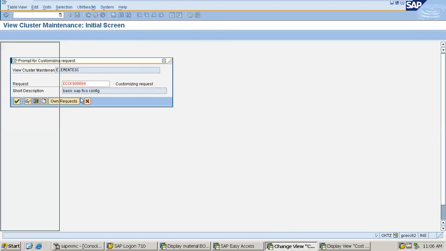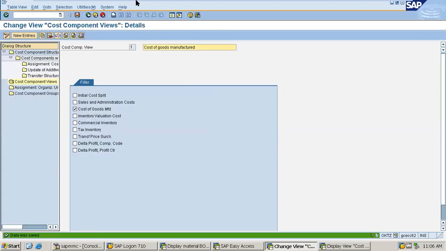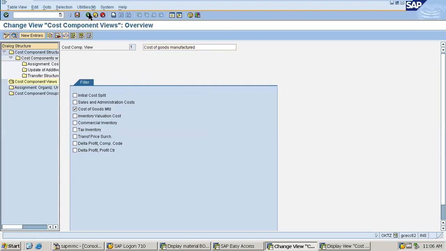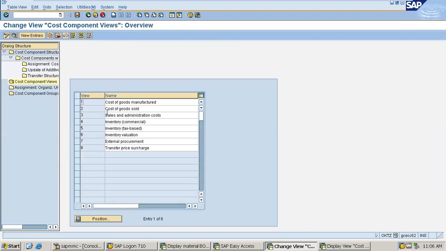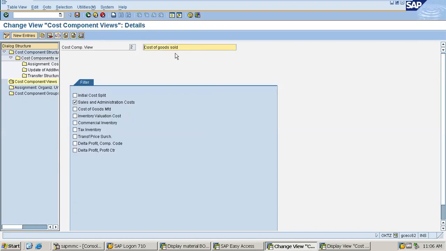Now I'm saving this, and one more point, I'm coming back, and then cost of goods sold. I'm going into cost of goods sold. Cost of goods sold would be the combination of cost of goods manufactured and sales and administrative overhead.